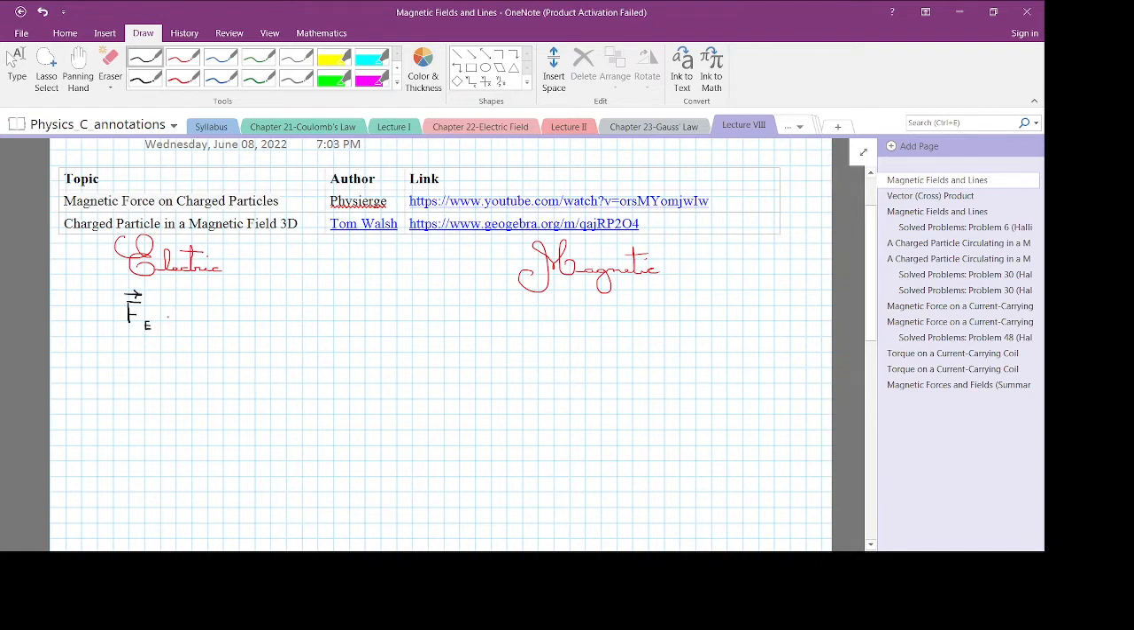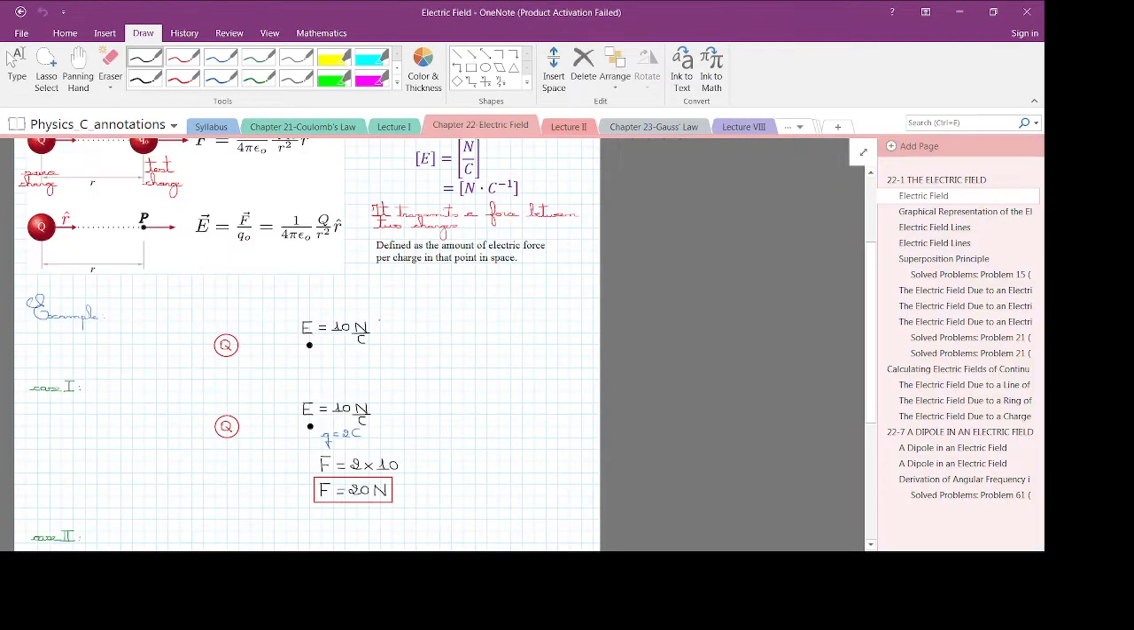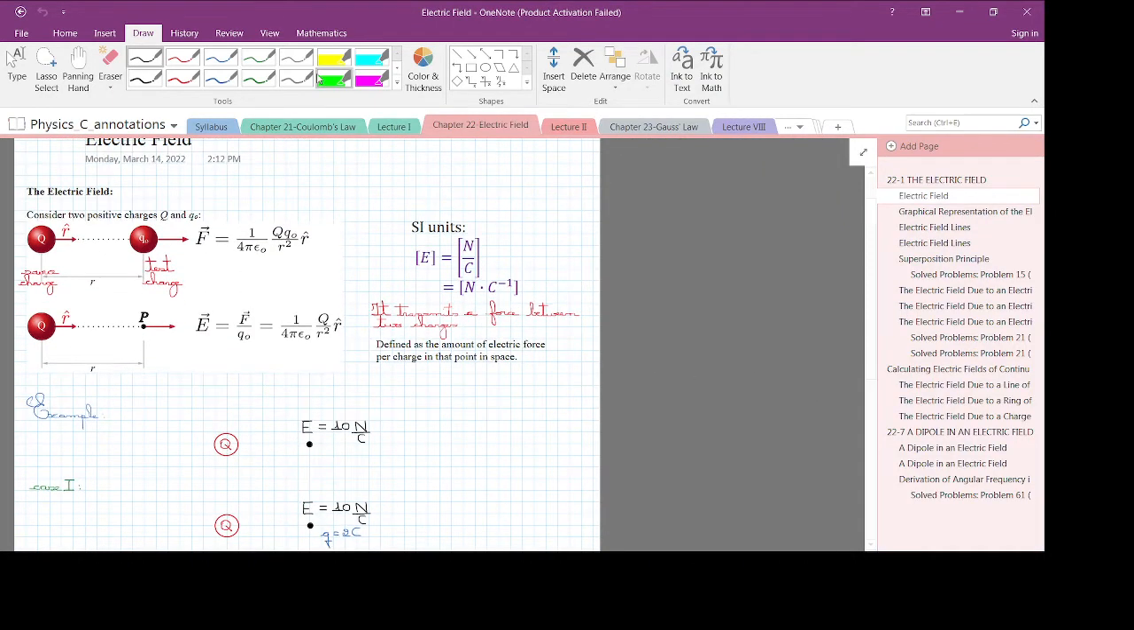We have something like this: the product of the charge times the electric field. This is what we learned in lecture 2. Remember, if we go back a little bit,